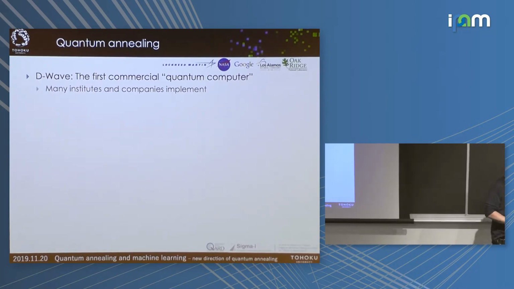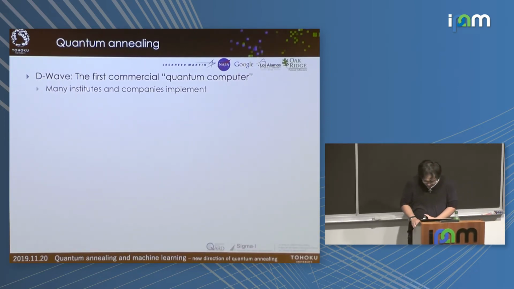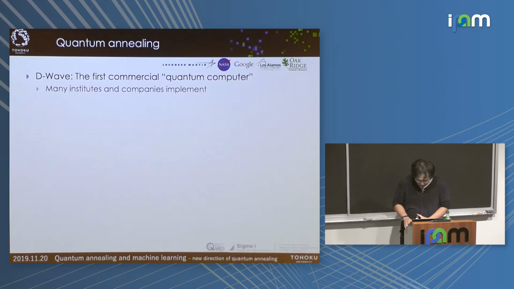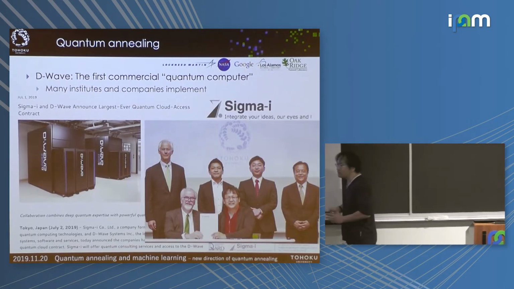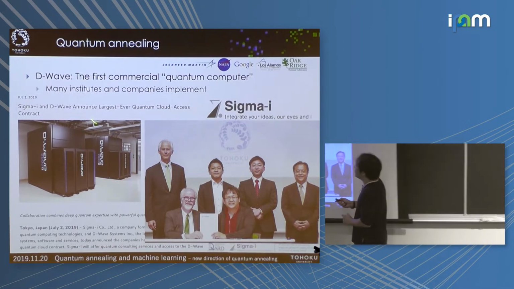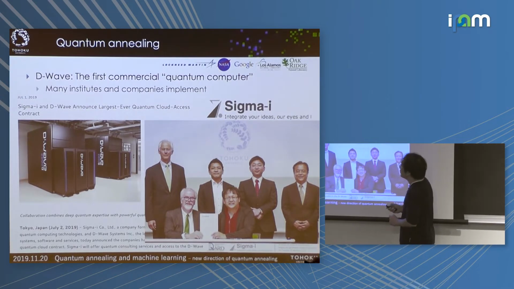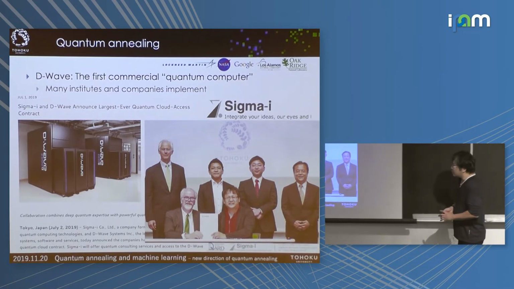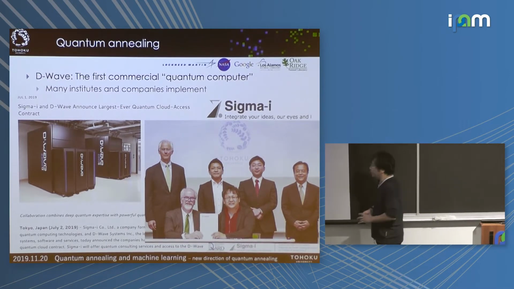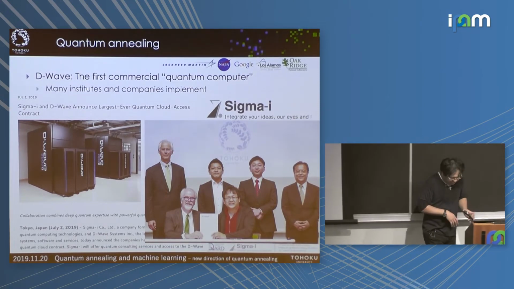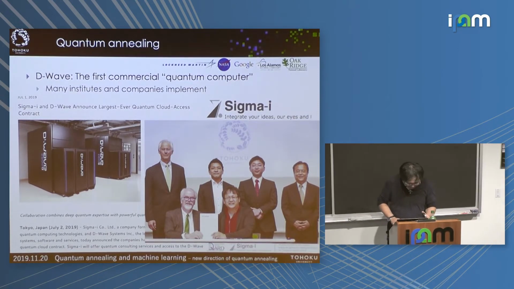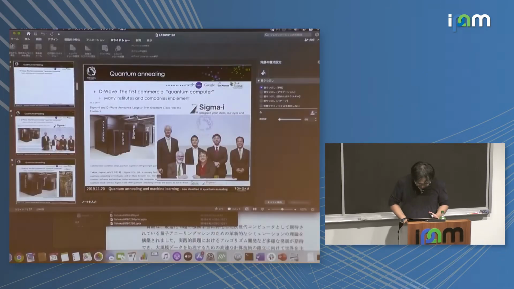And recently, we have some quantum computing startups in Japan. In Japan, our startup made the largest ever quantum cloud access contract with D-Wave Systems. So now in Japan, we can use the D-Wave machine without any hurdles. So you can use the D-Wave quantum annealer like that. So let me demonstrate